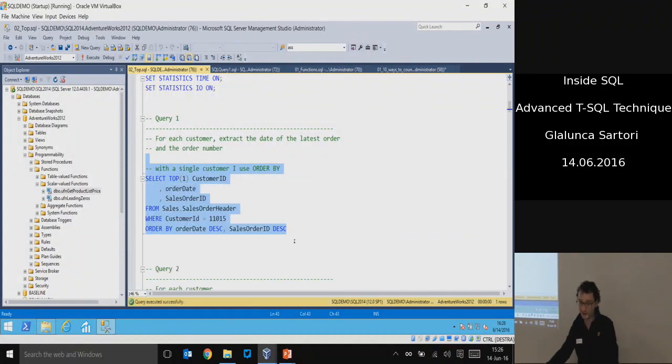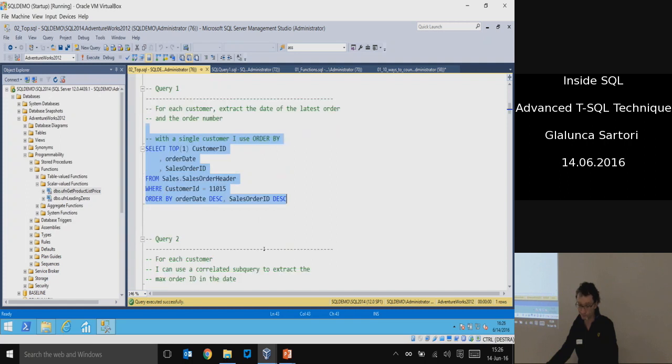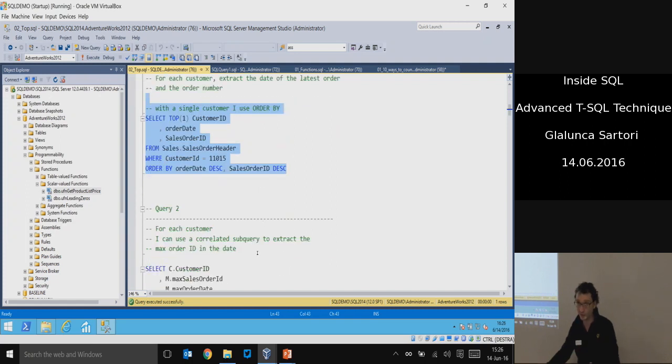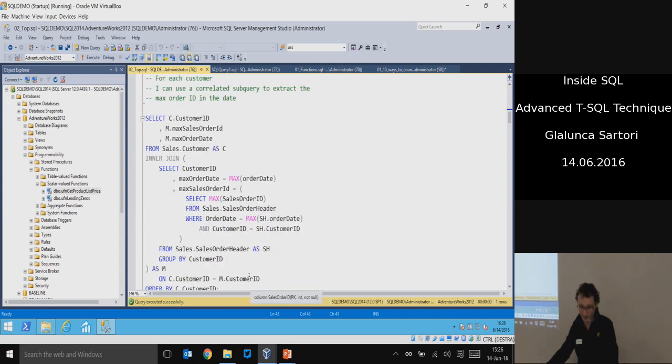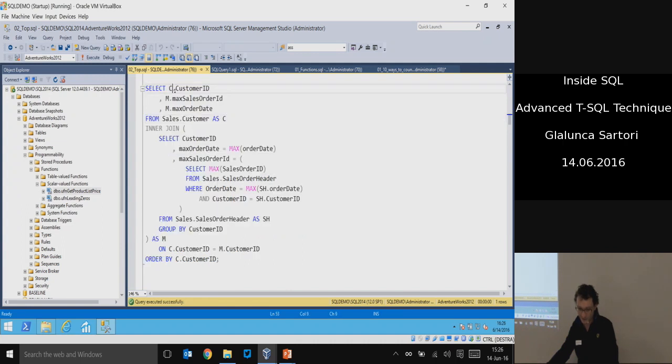But imagine that you have to do that for all the customers. It becomes a little bit more complicated. Using just standard tools, SQL 92, joins and grouping and whatever, it can be done, but it becomes a bit complicated. So in this case, we can go to the customer table to pull all the customers, and then we have to get the maximum order date